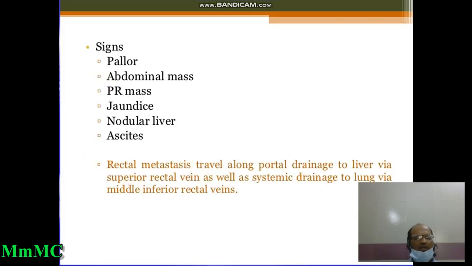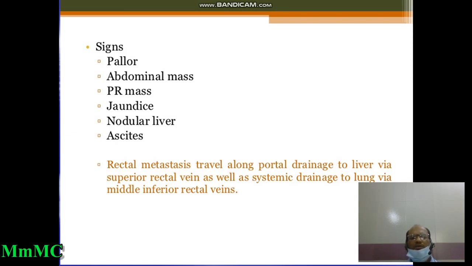What are the signs? Signs also involve three different categories: local signs, general signs, and metastatic signs. তাহলে আমরা যদি লোকালের কথা বলি, abdominal, general, systemic. জেনারেলের মধ্যে আমরা যদি বলি পার রেক্টাল ব্লিডিং যদি বেশি থাকে তাহলে আমরা সাইন্স অফ এনিমিয়া অর প্যালোর পাবো। অ্যাবডোমিনাল এক্সামিনেশনে আমরা অ্যাবডোমিনাল মাস, ইট ইজ ভেরি রেয়ার, পেতে পারি। বাট ইফ দেয়ার ইজ সাইন্স অফ মেটাস্টেসিস, বিশেষ করে পেরিটোনিয়াল মেটাস্টেসিস পাই তাহলে অ্যাসাইটিস পাবো। আর যদি লিভার মেটাস্টেসিস পাই তাহলে জন্ডিস, এনলার্জড টেন্ডার লিভার অ্যান্ড নোডিউলার লিভার পাবো আমরা।